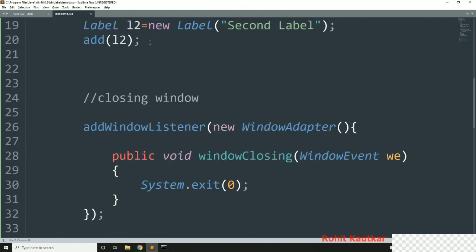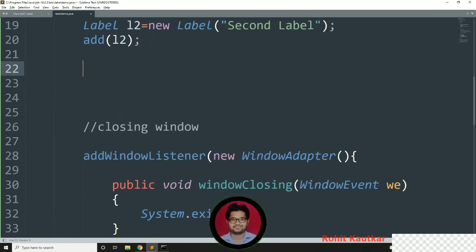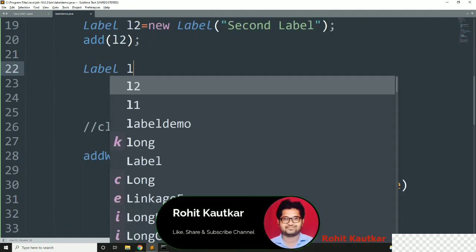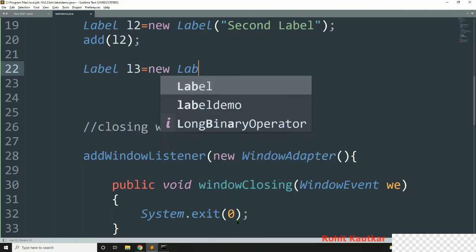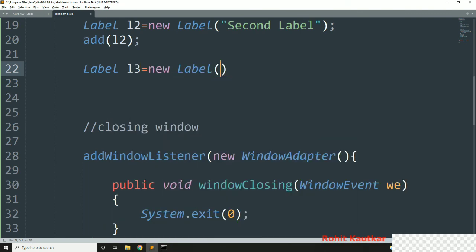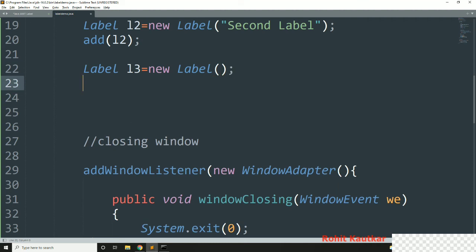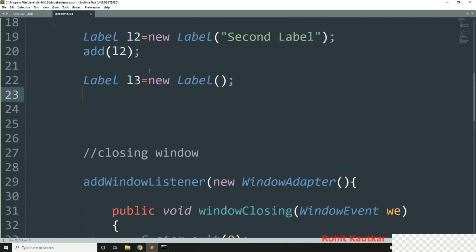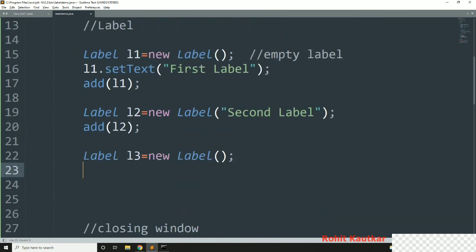Now one more label I will try to create here. Let's say Label L3 is equal to new Label, and we will create it with the first constructor. And now I will try to fetch the text of this second label and add it to the third label. How will we do that?